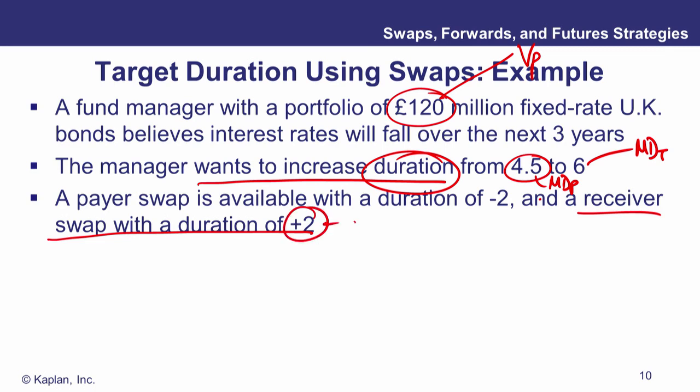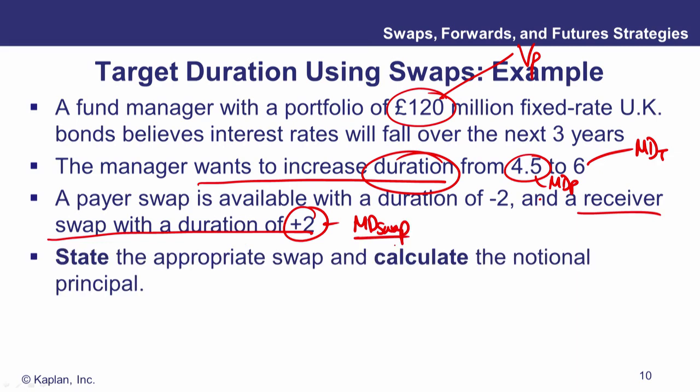Now that's the modified duration of the swap. You're being told that here. So there's all of your ingredients. You know the recipe. You can go away here and bake your swap cake, can't you? As long as you know the formulae, as long as you know the recipe, the notional principal is